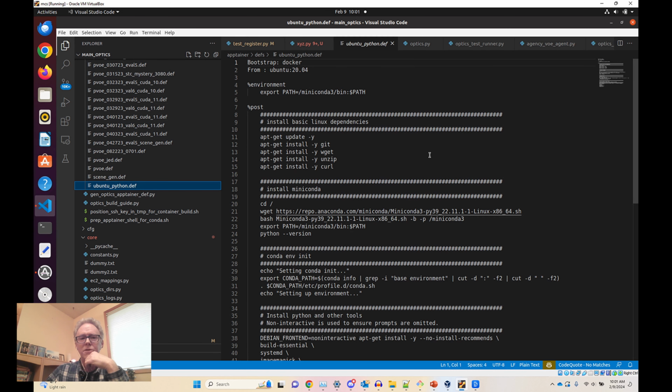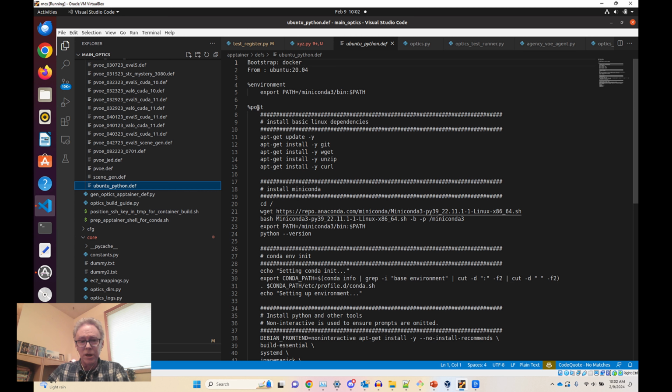Container definition file. So I'm just going to give a quick tour here. So this is a .def file. It's Ubuntu Python.def. So this def file specifies a container that only contains a version of Ubuntu and a version of Python. And let's take a look here. So it actually bootstraps it from the Docker landscape. And we say, this is what we want. So it pulls in that. And then we have these